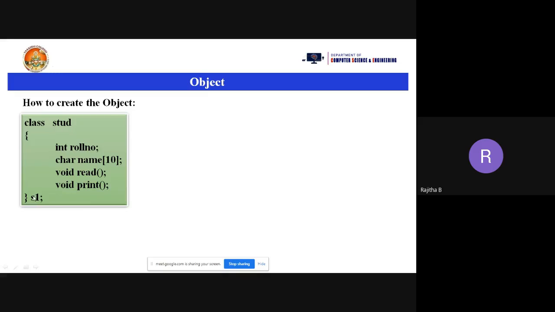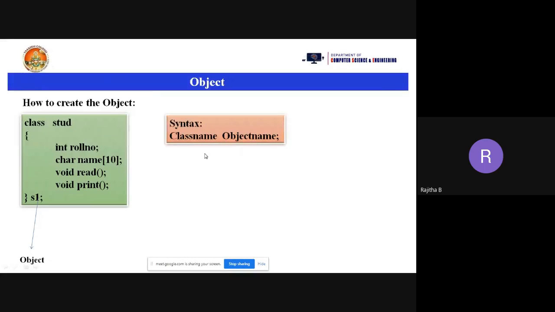So like this you can create the S1 object at the ending of your class, or you can create the object in the main function also. Not only in the main function, you can create the object anywhere. Normally, in the natural way, we create the object in the main function. So how to create the object in main here? Class name followed by the object name ending with a semicolon.